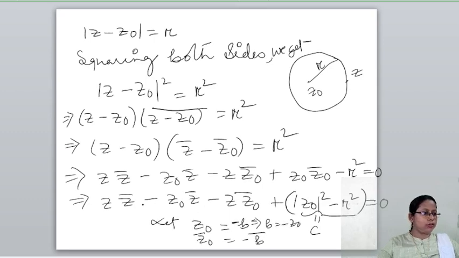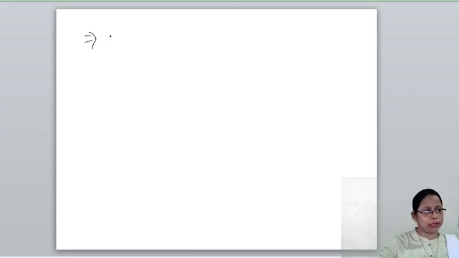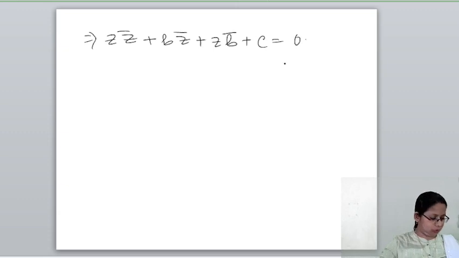Okay, so in place of minus z naught I am going to put b here. In place of minus z naught conjugate I will get b conjugate, and this term will be c, so that in the next step I will get my required equation of the circle as this one. This implies z z conjugate plus b z conjugate plus z b conjugate plus c equal to 0,